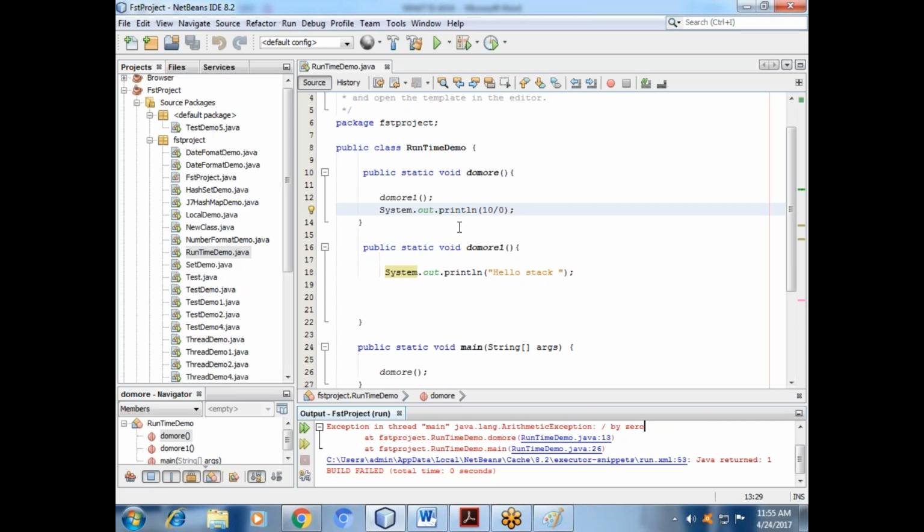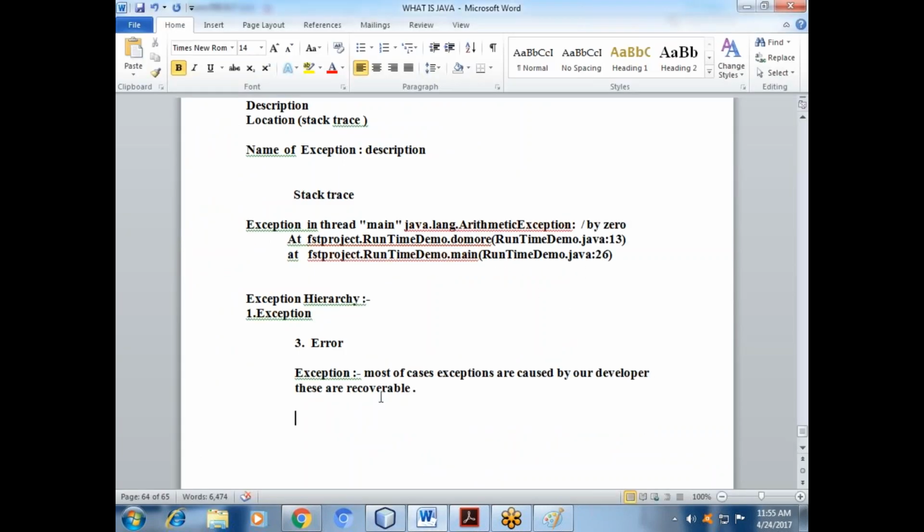Got it or not? So this is the way to understand: whenever the requirement is based on the developer, it will handle this kind of exception. So you have written what an exception is? Okay. Again we will go to what is an error. Can you say about the error?